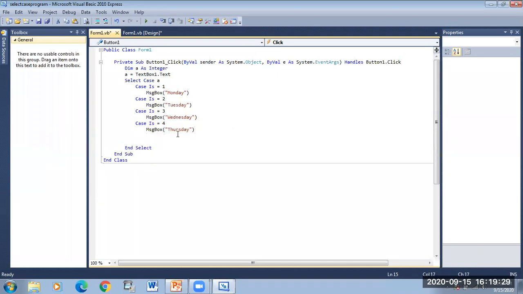Then case is equal 5, so message box is Friday.